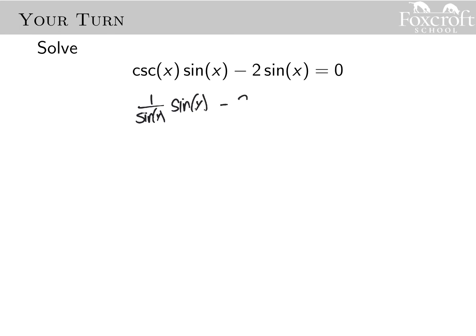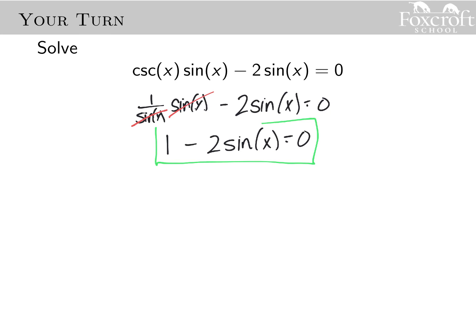So when we first learned this type of thing, we saw that it's really helpful to rewrite things in terms of sine and cosine, because then nice things like this will happen where we get some stuff to cancel out. So just remember that cosecant is related to 1 over sine. I get that first part of this equation just turned into 1. And again, this is probably an exact equation or something similar to the equation you solved in learning objective 1.13. I subtract 1 from both sides, divide by negative 2,